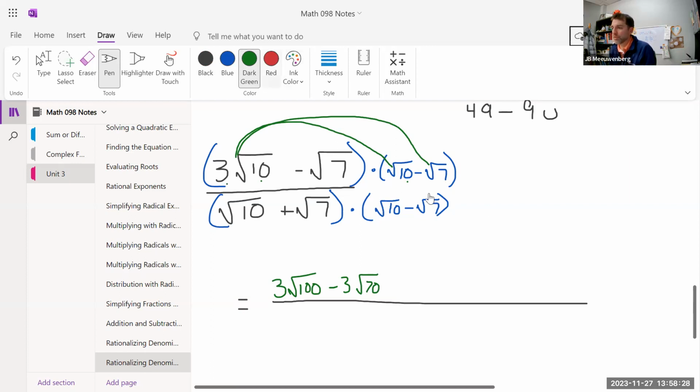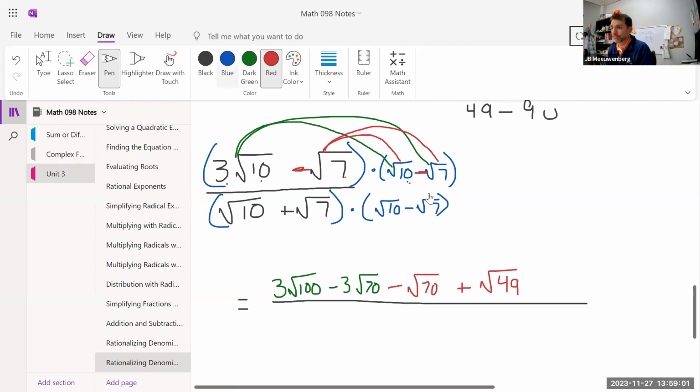Now let's do the minus radical 7 here and here. That's going to be minus radical 70. Notice how it's 7 times 10 on the inside. I didn't have a coefficient on this one, though. And then lastly, minus radical 7 times minus radical 7. It's 2 negatives multiplied here. That's going to turn into positive radical 49